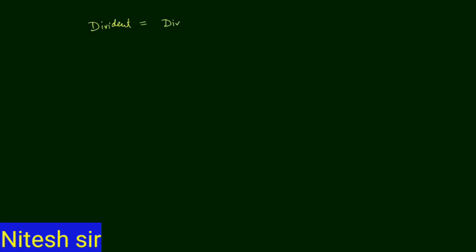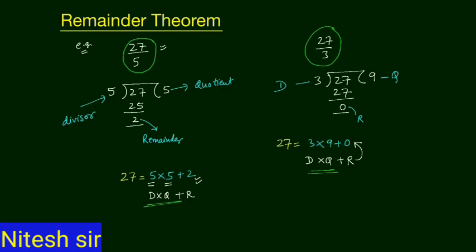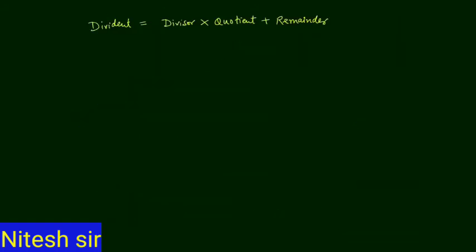Okay, now see, we can write dividend is equal to divisor into quotient plus remainder. By the above explanation, by the previous examples, we can write dividend is equal to divisor into quotient plus remainder. There is no doubt, simply we can write it. And we are going to study the remainder theorem. It means remainder is the most important word for you. So we are going to focus on the remainder theorem. Now, finding the remainder, what we are doing, we are dividing polynomials, we are dividing expressions. Another example, 3x square minus 2x plus 1 upon x minus 1. Now we need to find out the remainder.